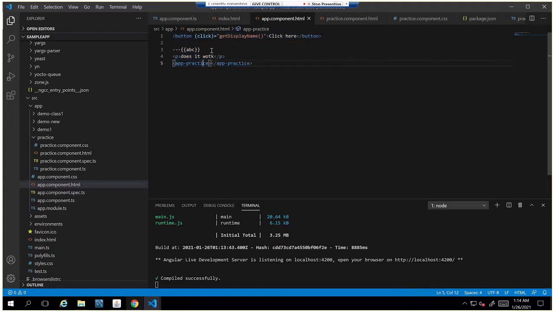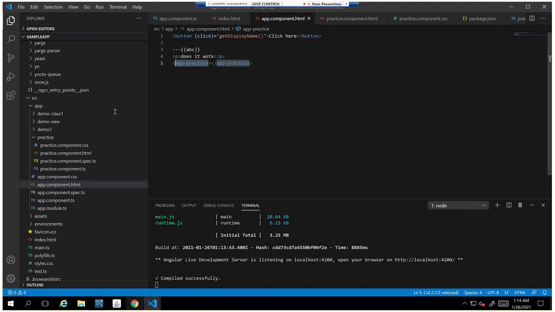This HTML is printed here, and if you see here, it is another HTML tag, but it is a custom tag like app practice. So that component we have created, and we have used that component here, and Angular will search for this selector in all the components, and wherever it finds, it will load that.